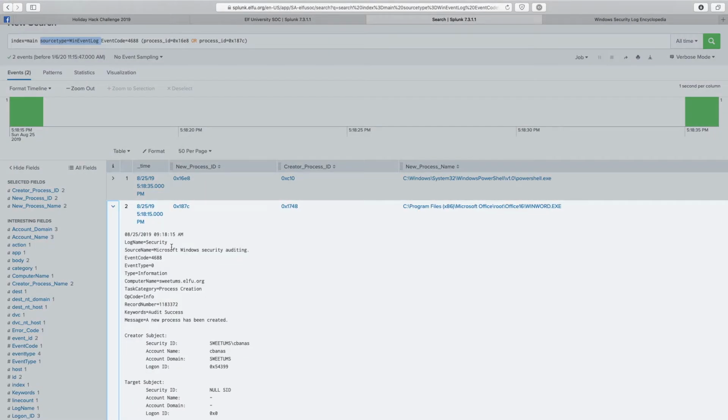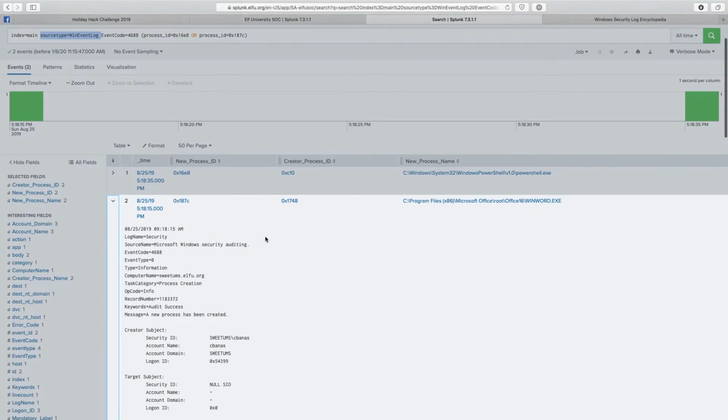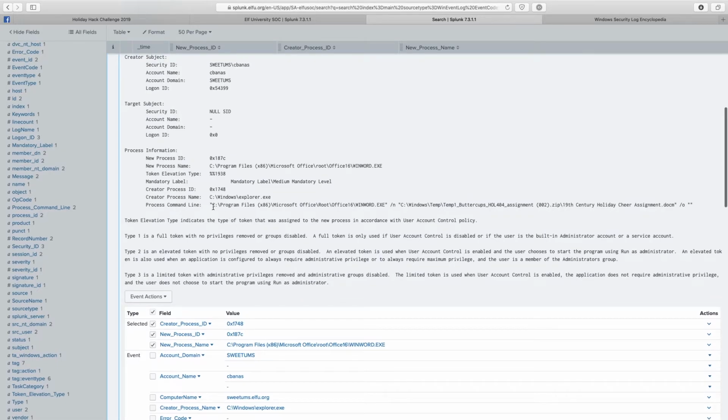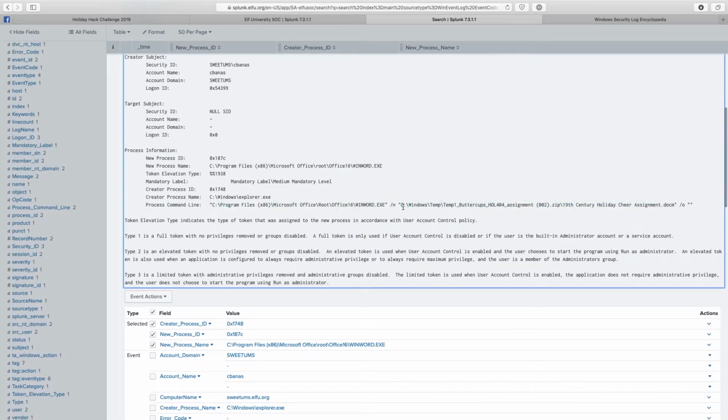The next one, though, is what we're looking for, because that is the Word process that spawned that particular PowerShell process. And if we look at the process command line, we can see that Word started by opening a specific document. So it looks like we're dealing with a phishing attempt, right? Someone sends a document to someone else, they open that particular attachment in their email client, and then in some way they're